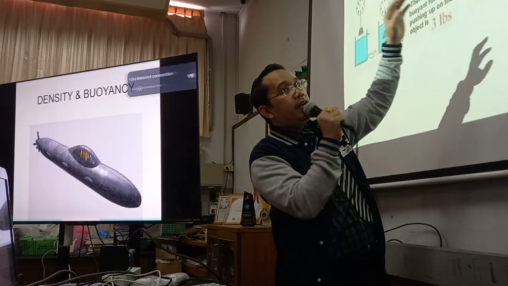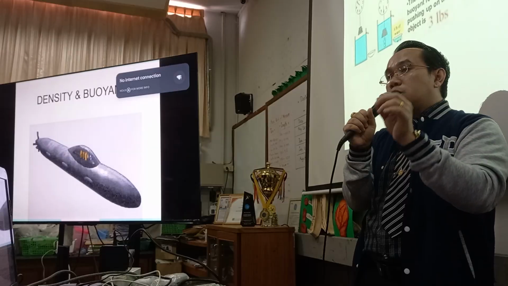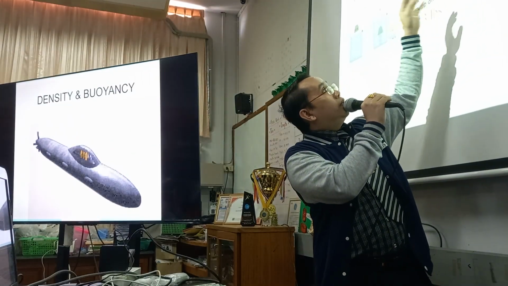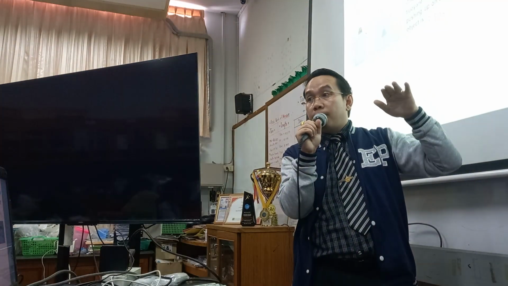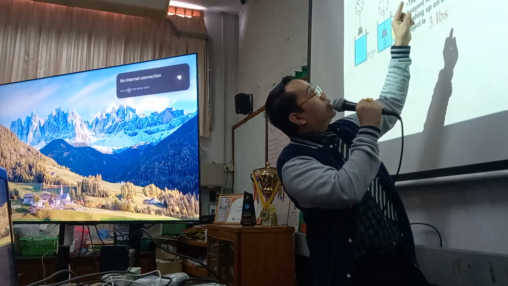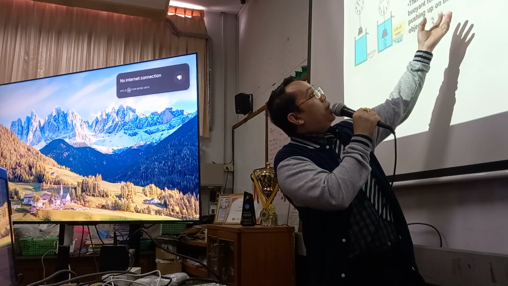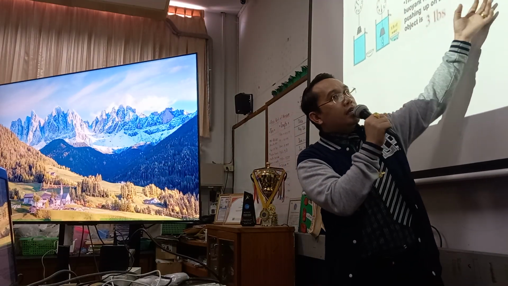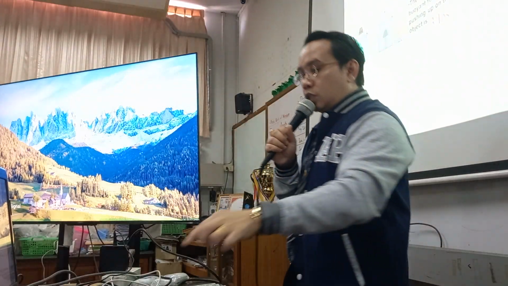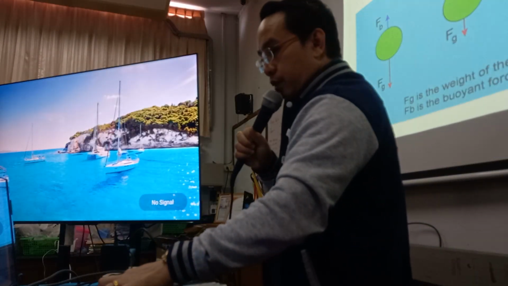So what is displacement? Take note of the word displacement. It refers to water that is being displaced, or displaced fluid. What is meant by displacement? Displaced means pushed away. The amount of water displaced by an object tells you the volume of that object. The weight of the displaced water is the buoyant force acting on an object. Do you understand? This is mainly the factor that affects the buoyant force.